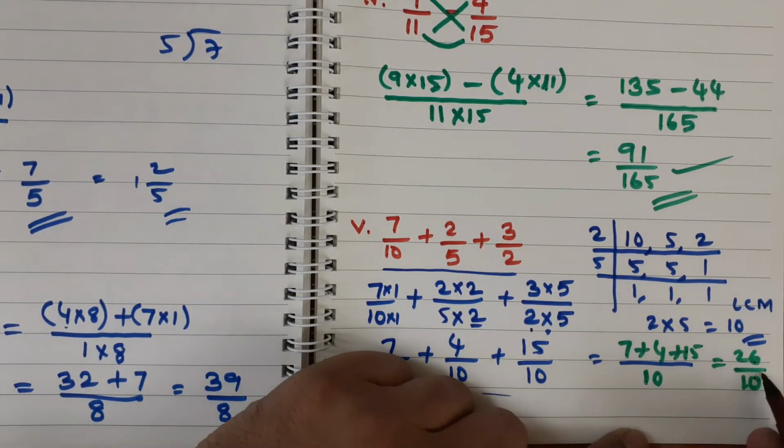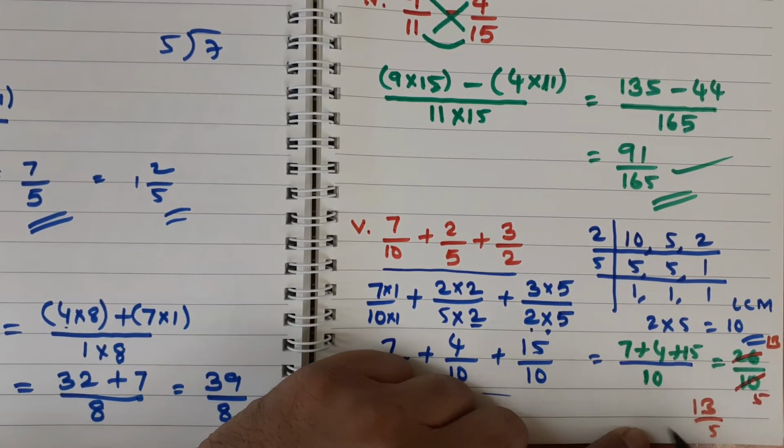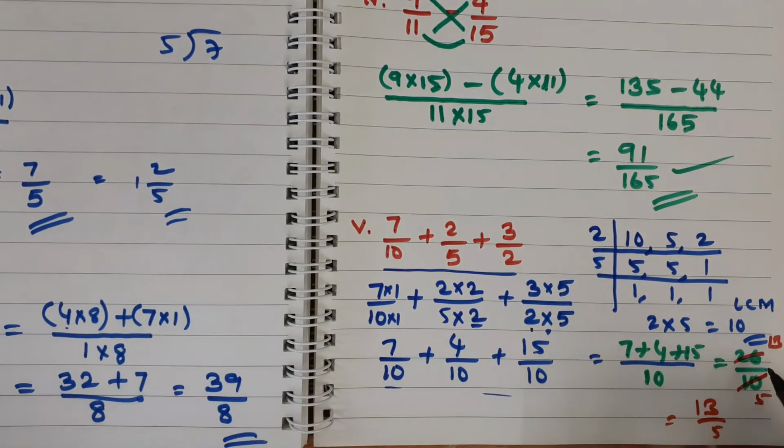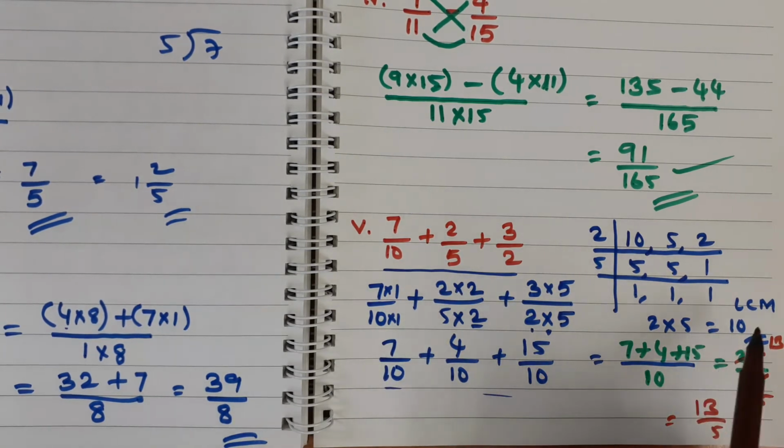Further you can simplify this number, here 2 5s are 10 and here 2 into 13. So our final answer is what here? 13 by 5. This is the simplest form. Actually we got the answer here 26 by 10. Then you can write this answer in the simplest form just by simplifying. So I divide these two numbers with the 2 table. 2 5s are 10, 2 13s are 26. So my answer, the final answer is 13 by 5. So guys, in this way you can use the LCM and solve the fractions very easily. The main important point is here, make the denominators same, then you will get the answer very easily.